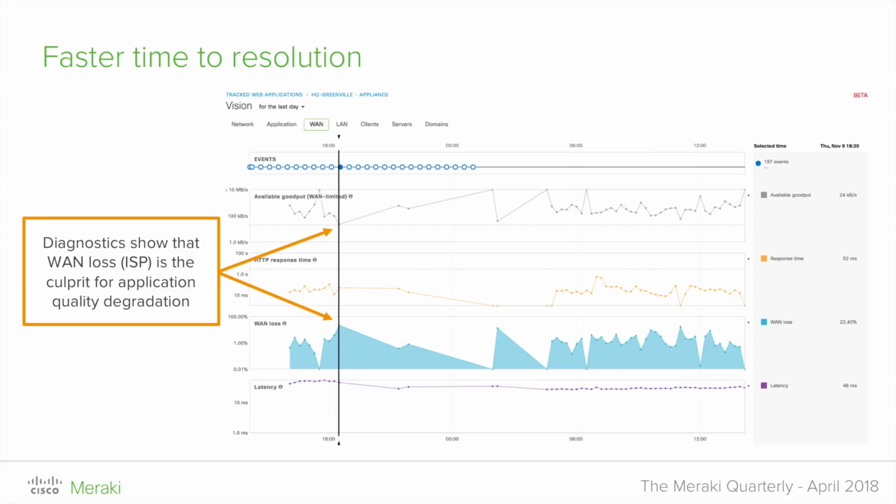What we can see here very clearly with this vertical line that appears in the dashboard, it lines up a point in time and helps us see that we suddenly saw a drop-off in goodput. Lo and behold, if we track our eyes down to the WAN loss line, we can see that we suddenly saw a big peak in loss of packets at that same point in time. So it's a fairly safe correlation to make that there's probably a link. It's probably a WAN problem. So pick up the phone to the ISP and let's get that problem resolved as quickly as we can.